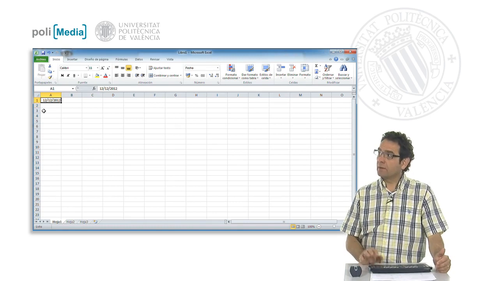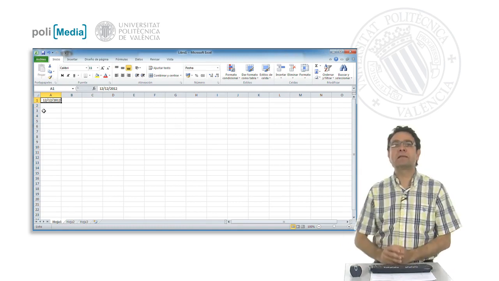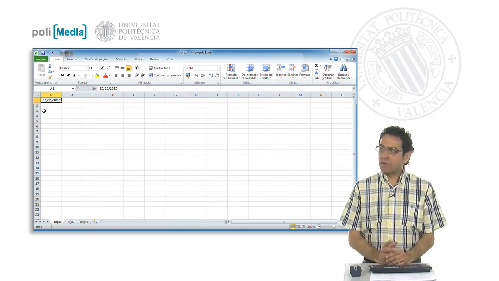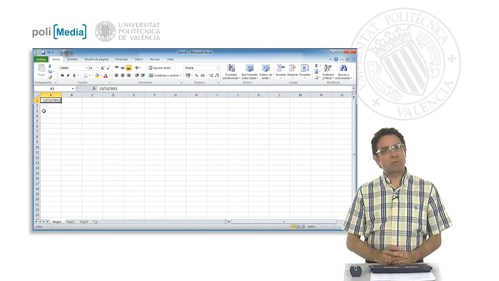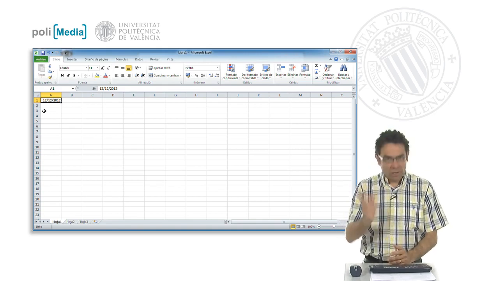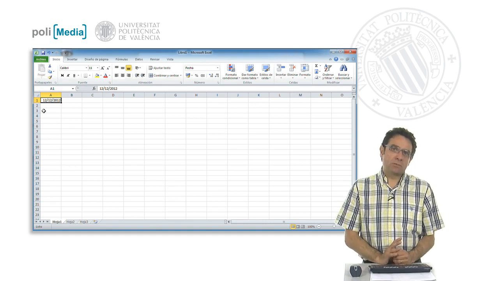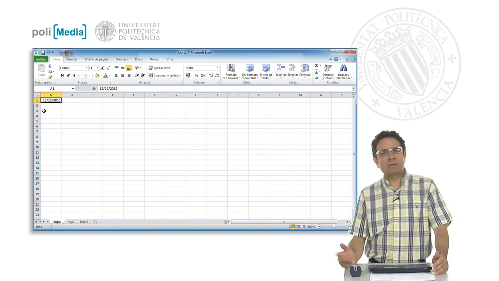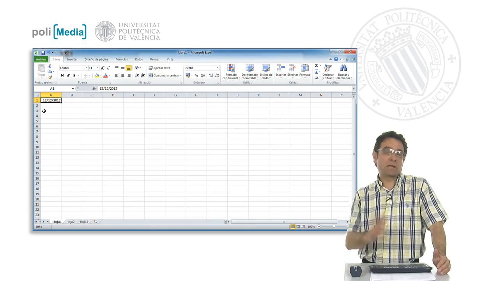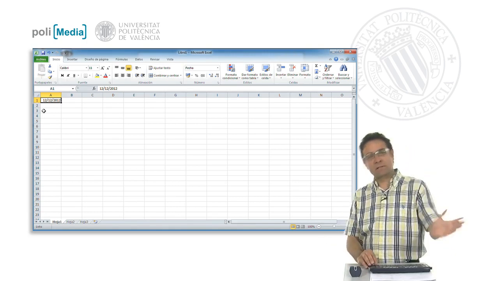In fact, we can appreciate that it has justified the characters to the right side of the cell, and it is going to treat it as numerical data because those are the operations I will normally want to carry out. With dates or with dates and times or with a combination of the two are normally arithmetic operations. For example, the difference between two dates will be the number of days that have passed between the previous and